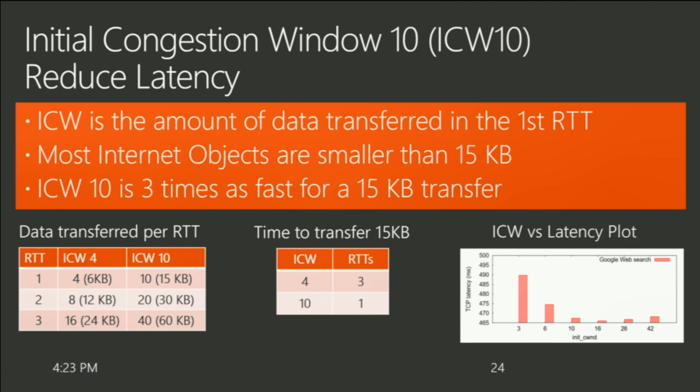So the available capacity is really important to us. If I send more packets than there is available capacity, the excess packets will immediately be dropped. Now I'm going to get into retransmission timers. I'm going to have to retransmit the packets, and it's going to take even longer. So there's diminishing returns. With a lot of study, we've determined that most internet paths can handle 10. 4 is too small. So we're moving over to ICW10.